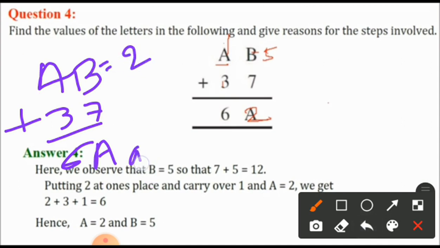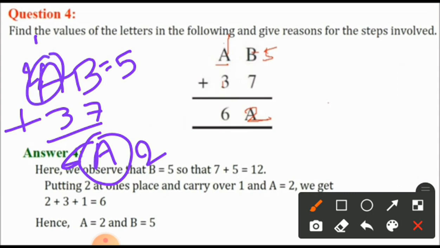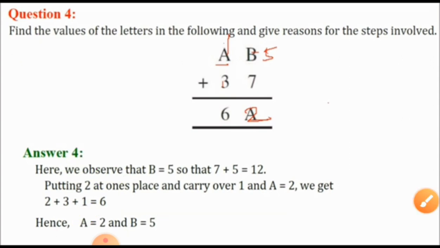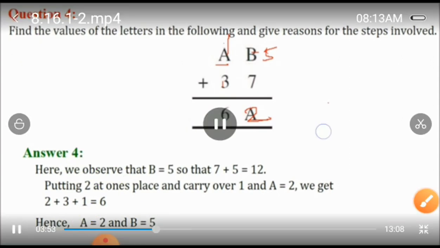2 plus 7, 9. So I will put 9 and 9 will be here. 9 plus 3, 12. It is also not there. Okay. I will take 3. Like this way I will put the 5. 5 plus 7, 12. 2 is here. And again 1 carryover, but A is equal to 2. A is equal to 2 I want to take, because I have to get the 2 here. So this A also becomes 2. 2 plus 1, 3. 3 plus 3, 6. Now it's a correct answer. So B is equal to 5 and A is equal to 2 are the answers for these questions. Look at here, my dear student.